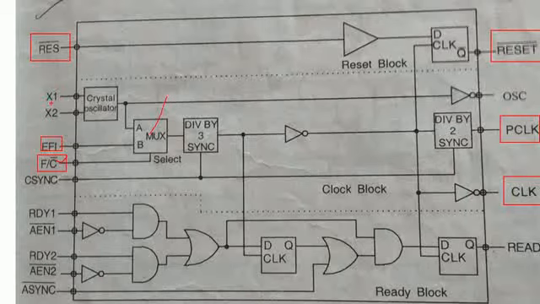One is the crystal or the function generator, which is going to be differentiated with the help of the F/C bar. Now, if in these clock resources you are using the EFI signal, meaning the function generator signal as a clock signal instead of the crystal oscillator, then we are going to use the clock synchronization signal to synchronize the two division block circuits.